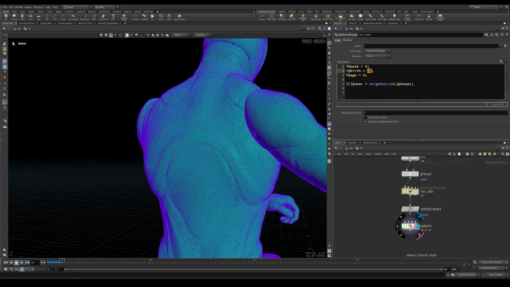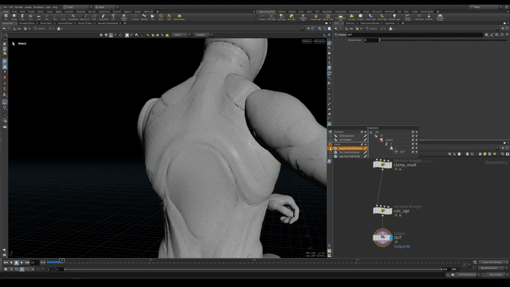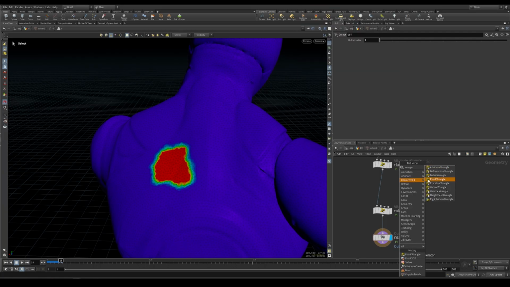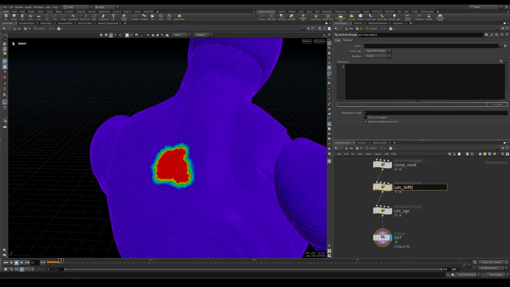And basically our birth, let me display the mask again, our birth frame should be the frame when the point reaches the maximum mask value, meaning 1. So we want to drop down a final point wrangle. This will be calc birth, and in here we want to say if the current birth attribute is less than 0, and at the start it is because we set it as -1 for all the points, and the f@mask is greater or equal than 1, so basically when it has reached its maximum, then what we want to do, we want to compute the birth frame, so i@birth is equal to the integer of the frame,